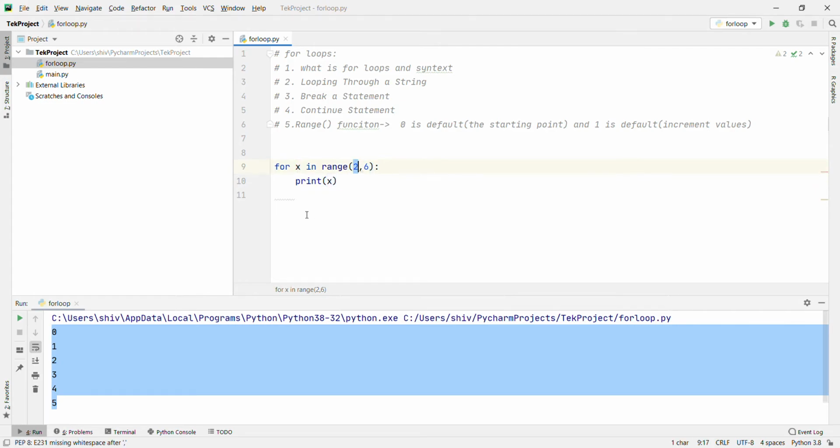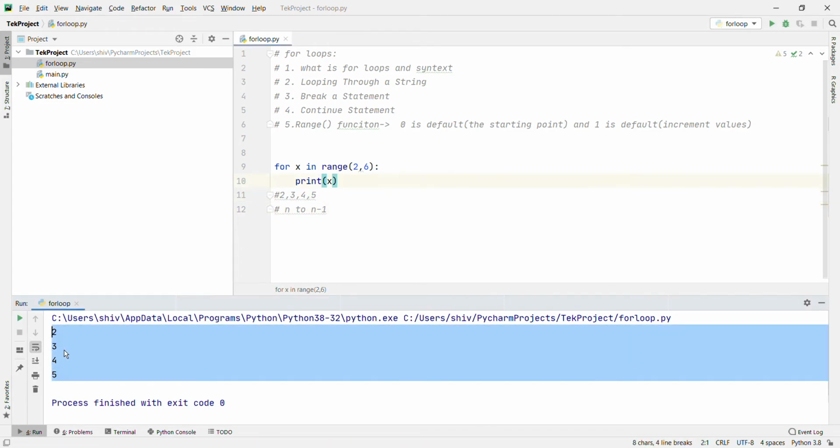It starts from 2, then it increments by 1 by default, because we are not specifying the increment. So 2, 3, 4, 5 will print, but not 6, because the range is between 2 and 6 minus 1. Right, this is clear now.